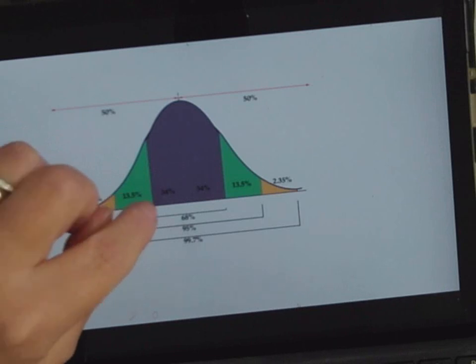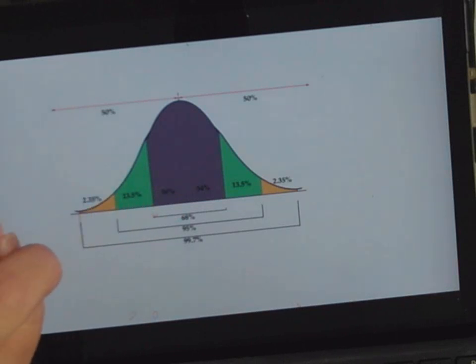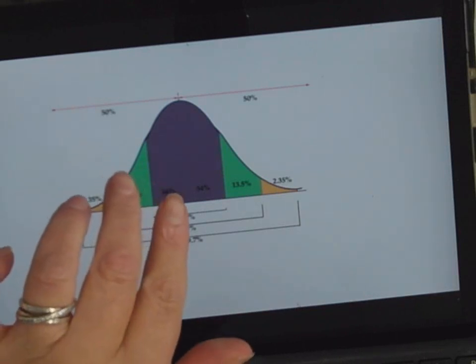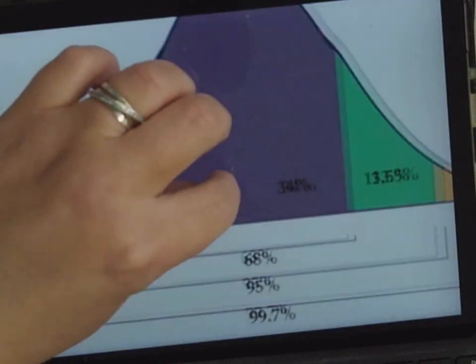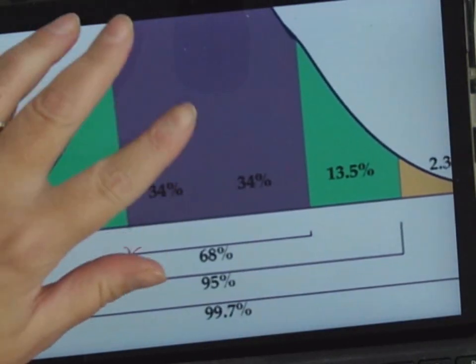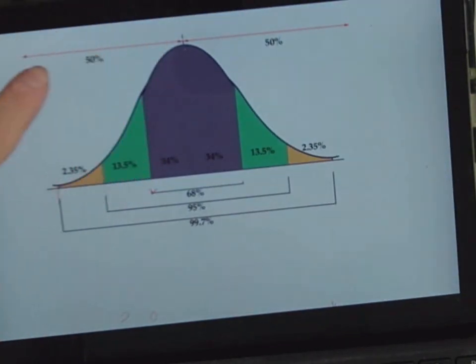So look, 34 and 13.5 add to 47.5. So for 2 steps down, there's 47.5 at each side of the mean, right? Okay, and